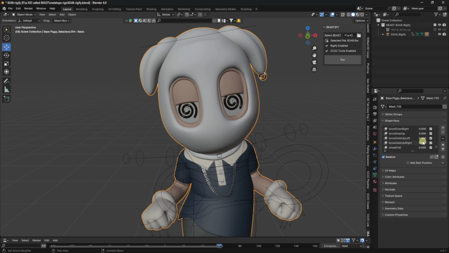So let's just check out which one we need. For example, brow outer up right, which will open up the outer brow, as it says. I'm just going to change the value to 1, but it's not really what we are looking for. So I think we have to go more with a brow down right, maybe. That's an angry face, so that's not it. So there is only one thing left, which is the brow inner up. So I'm going to give it a value of 0.5, and as you can see, it changes his expression